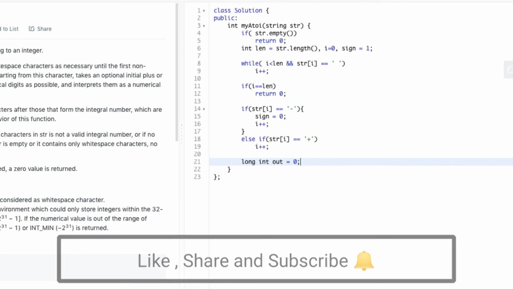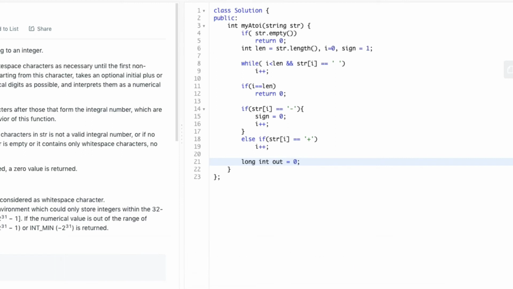So now we declare a long integer value out to 0, which is a return value. Now to convert a string to integer, we can check whether the character value of integer lies within the range 0 to 9.